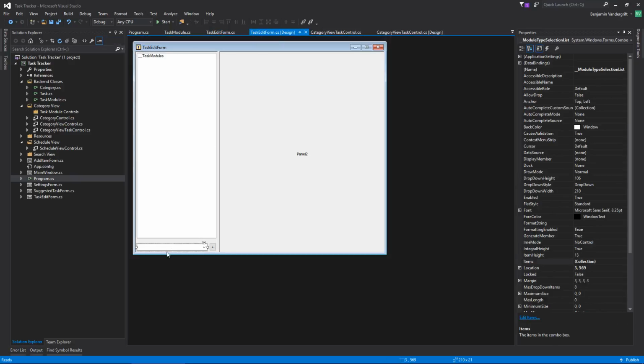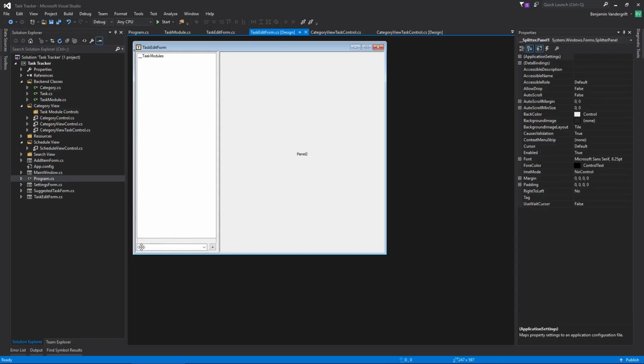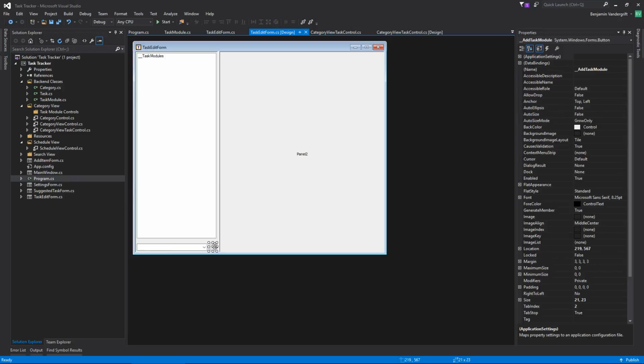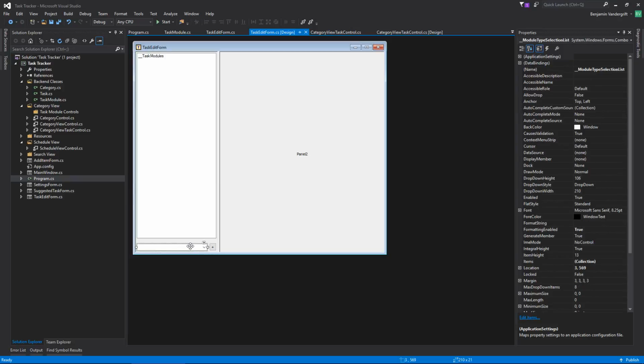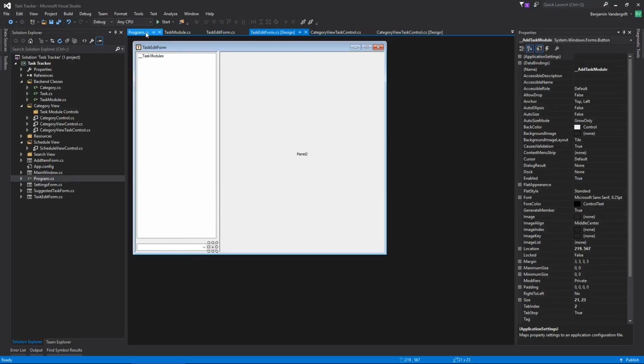If you look at it, it's roughly as far off the bottom as it is to the side. So if I subtract off basically its height plus its bottom, I need to make sure I'm grabbing the correct client size. That will keep it in about the same sort of spot. What's its difference? 219 and 569 and 567. I just want to keep that thing's position the same relative to